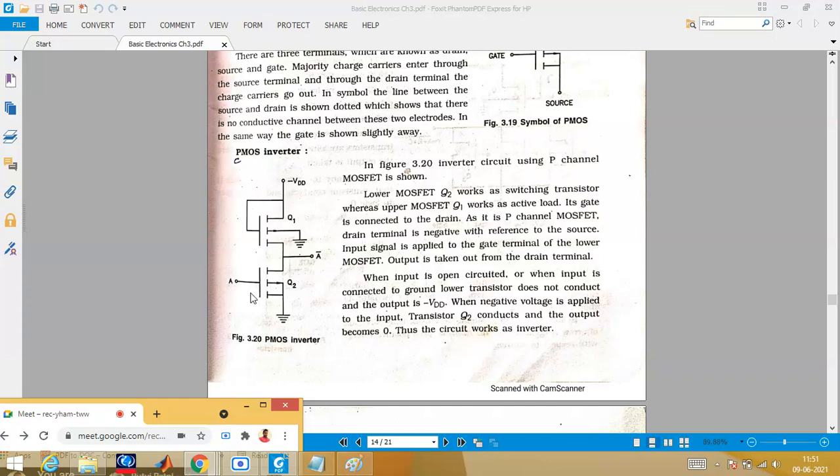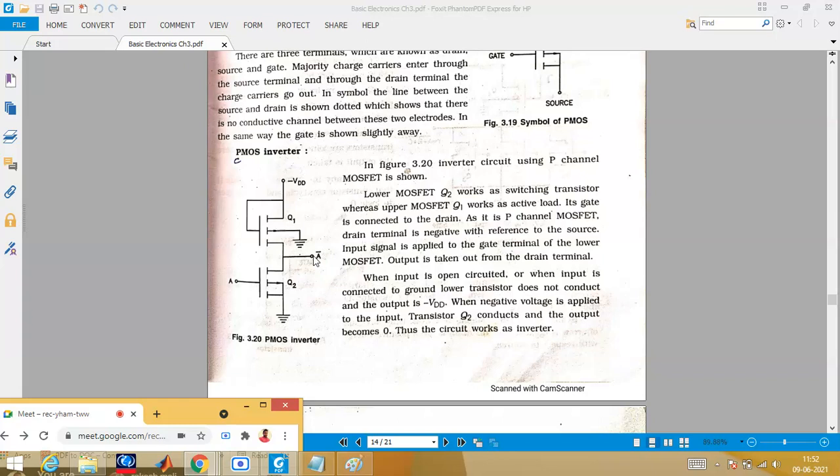Now reverse, you try to do it. When you are connecting it to minus VDD, whatever minus VDD value is there, now minus VDD will be acting as a 1 to you. You have to make a more negative value at A than this. When you are doing that, what will happen? This will become on. When it becomes on, this voltage will flow from here to the ground. At that time, you will not get A bar. A bar will be 0. Is that point clear?